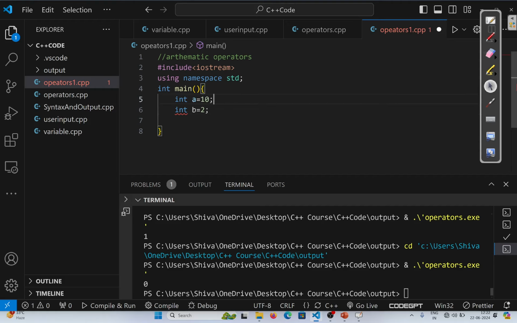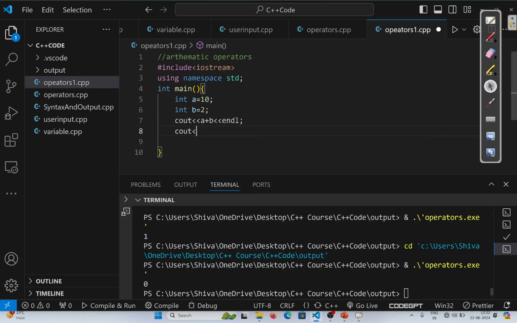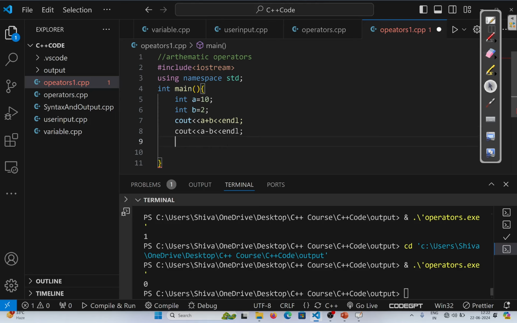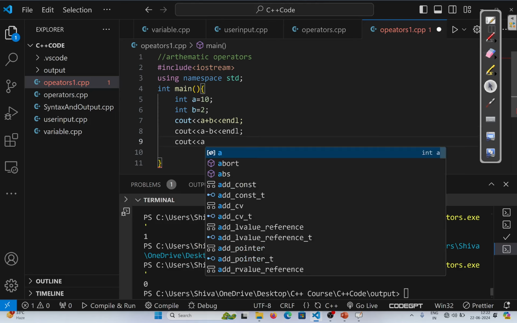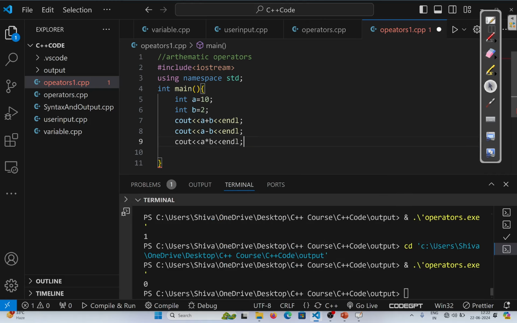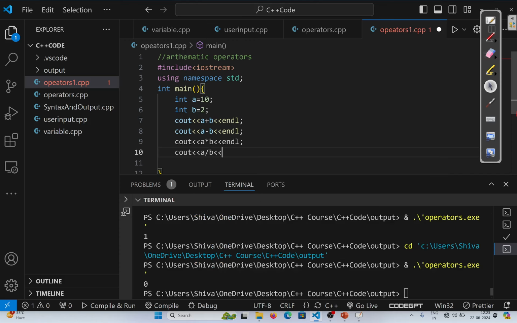Now let's do the multiple arithmetic operators. First one is cout a plus b and a line break, then cout a minus b, and then a line break, then cout a multiplication b, then a line break, and then a divided by b, then a line break,